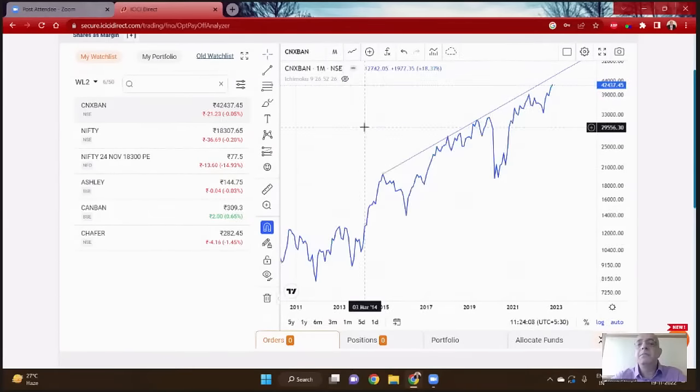सो अगर हम सिंपल, जस्ट कीपिंग इट सिंपल, अगर बैंक निफ्टी मंथली देखते लाइन चार्ट में, और ये 2015 का पीक को हम 2018 के पीक से ज्वाइन करके इसको ऊपर ले जाए,